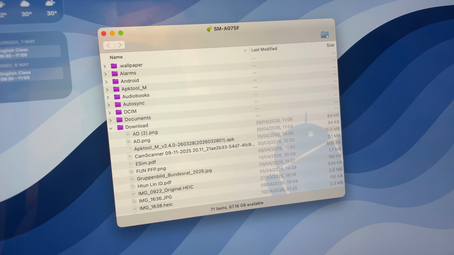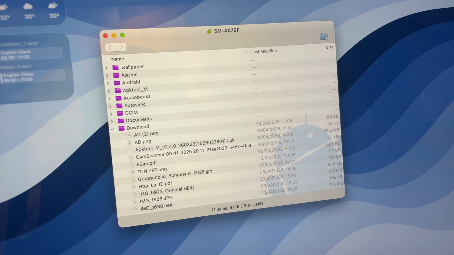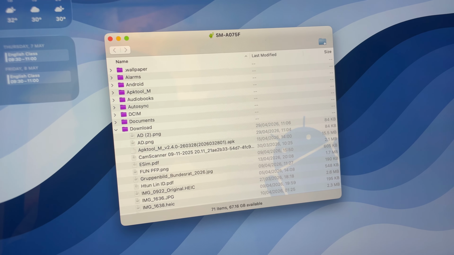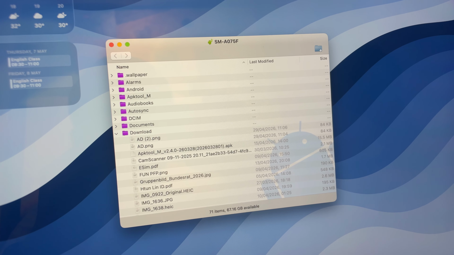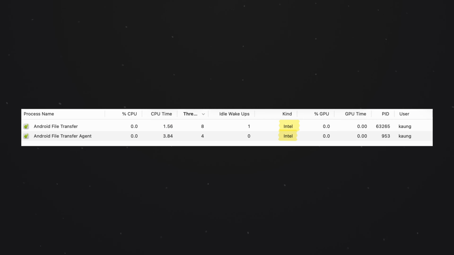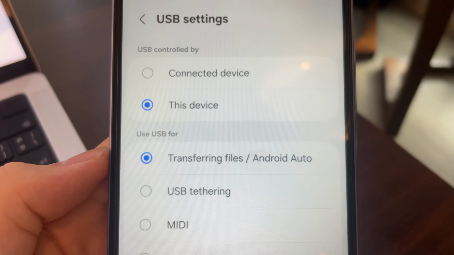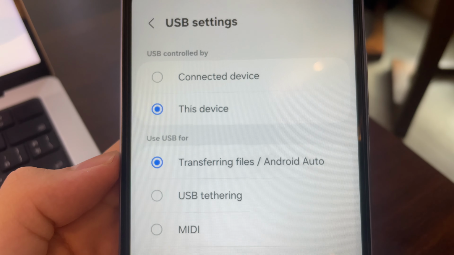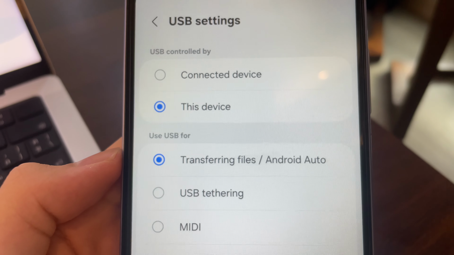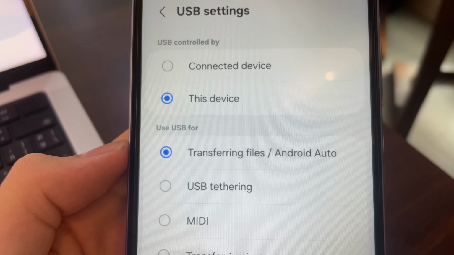For files that are larger, like a bulk of 4K videos, I resort to a wired connection via Android File Transfer. It's not that great, and the app lacks Apple Silicon support, which might be a problem in the future, but I guess it works for now since I don't really have to do this often, and my main filming device is my iPhone 12 mini. For Linux and Windows PCs, you don't need an app, and you can just start wired transfers by plugging in your Android phone with a cable and enabling wired file transfers on the Android side.